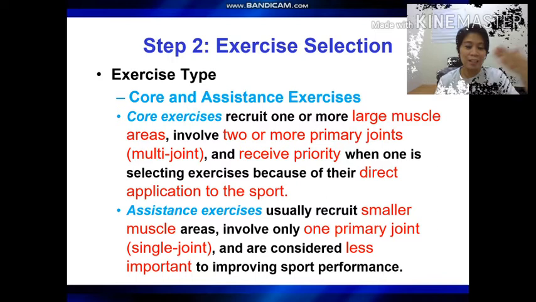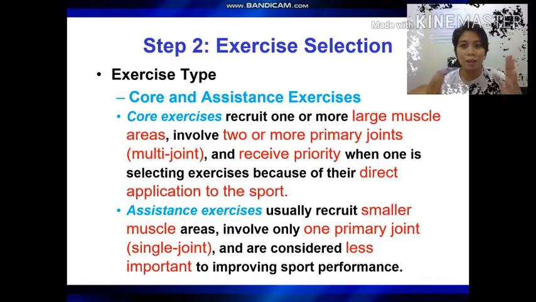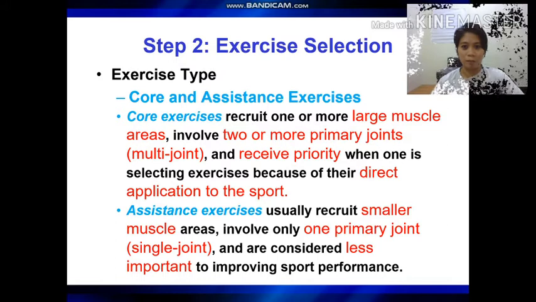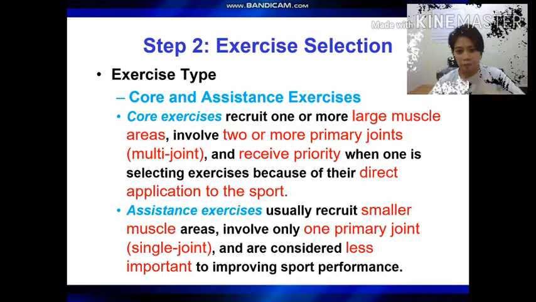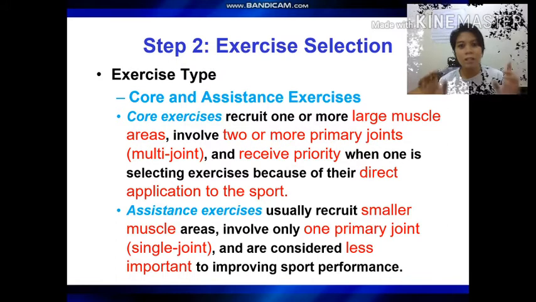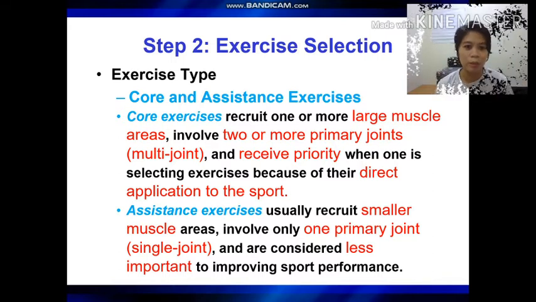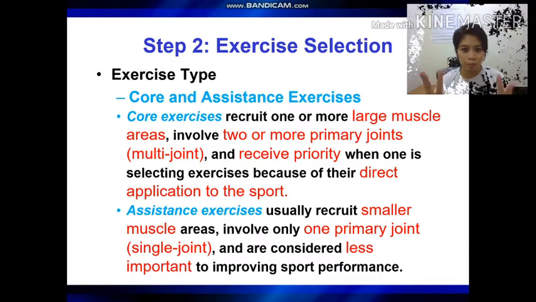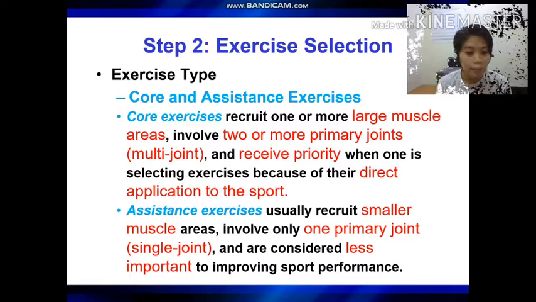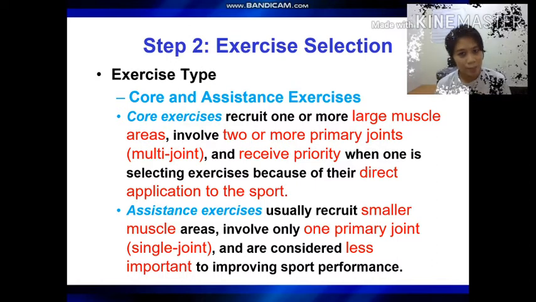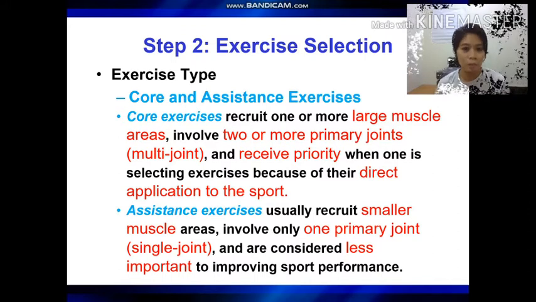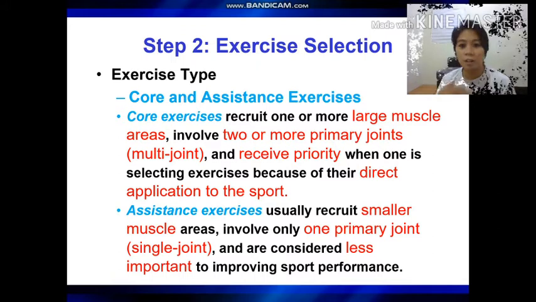So core and assistant exercises are likely cousins. Core is the big one, multi-joint, with direct application to sports. Assistant is single joint, smaller muscle group, and less important. You can give examples for these two. Core exercise for football, for example, multi-joint: bench press. Assistant exercises will be biceps curl and triceps extension. Can you see that? It is still important, but because it is single joint and a smaller muscle group, it is to assist the core exercise